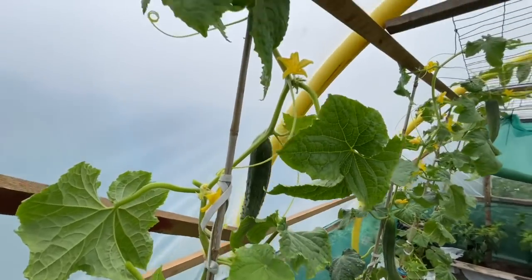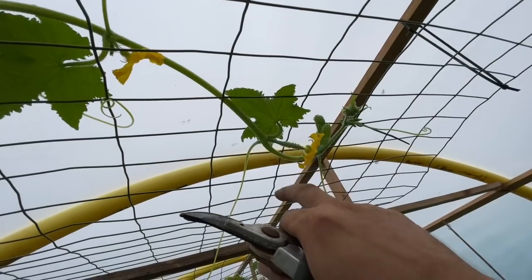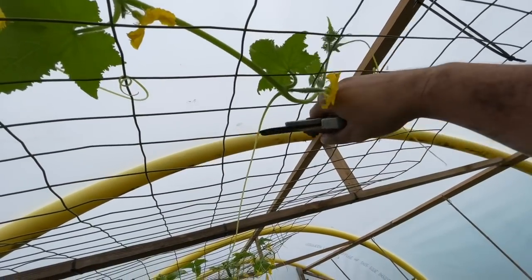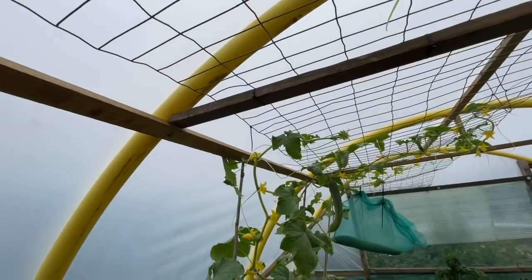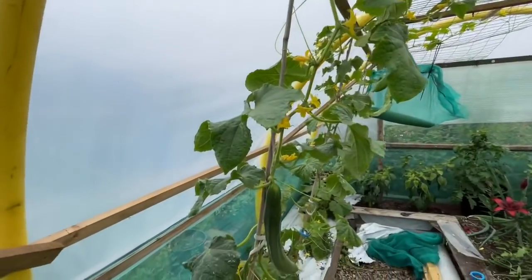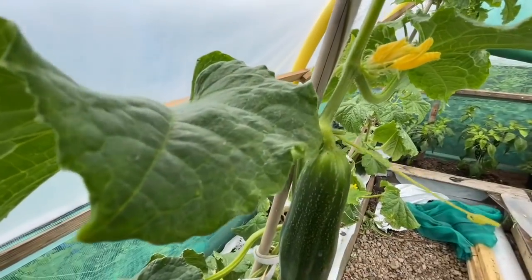And that's that sorted. So I've got a fruit on this one, which is good, so I'll keep an eye on this one here. That needs to go up there and through there, so we can support it. Champion. Sorry, I've just got distracted there. But yeah, that's exactly what I'll be looking for. So you can see there's another one here on this one. So that, the bigger it gets,